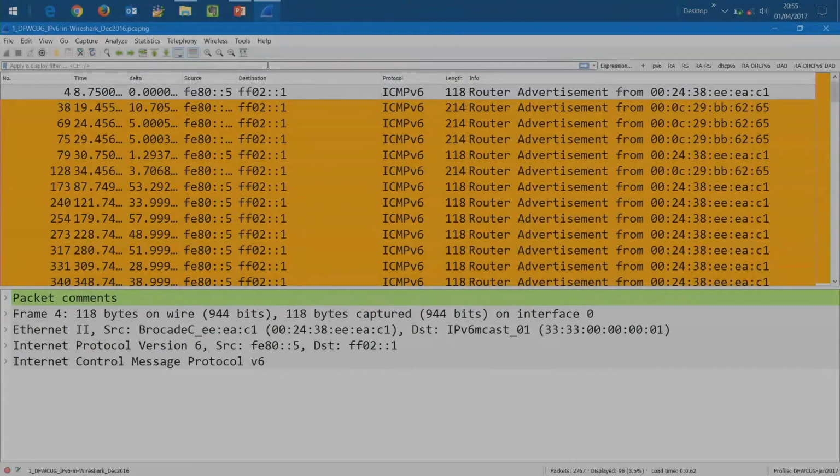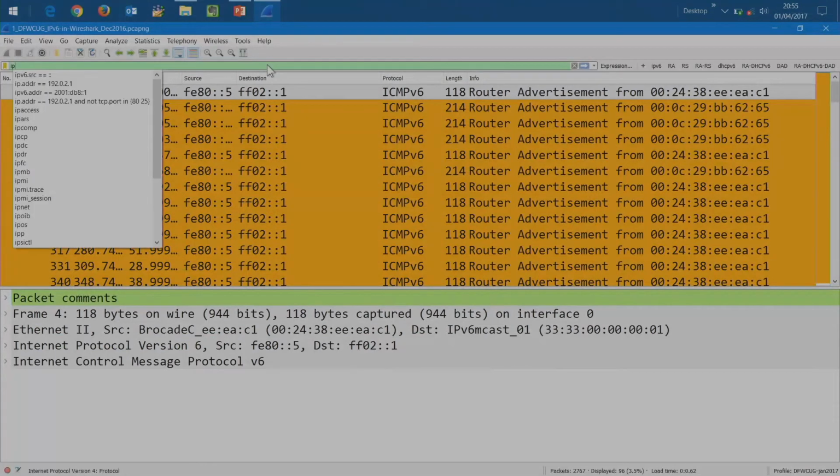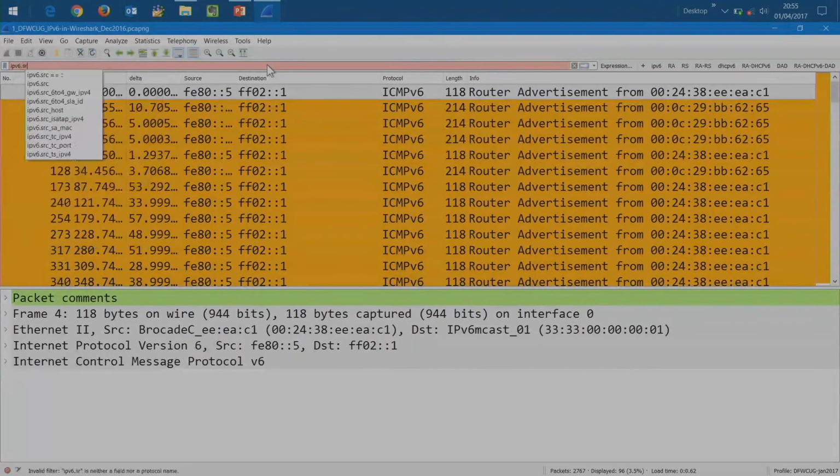So I'm going to build this filter called IPv6.source, and then I'm going to say go to the source address and count off 6 bytes and look at the next 2 bytes and see if they equal 2B:AD, too bad.